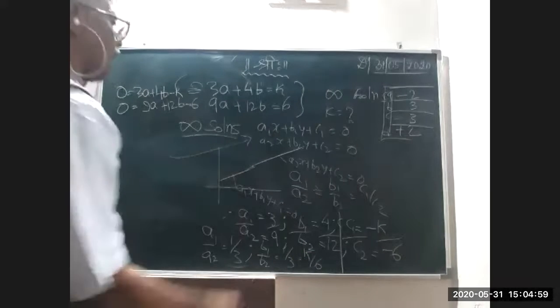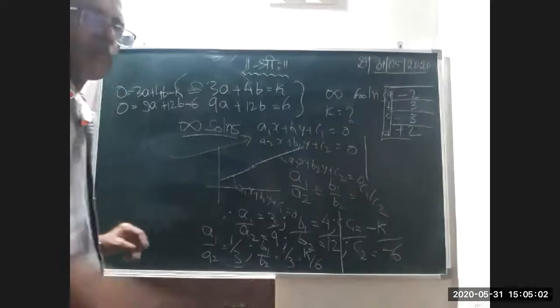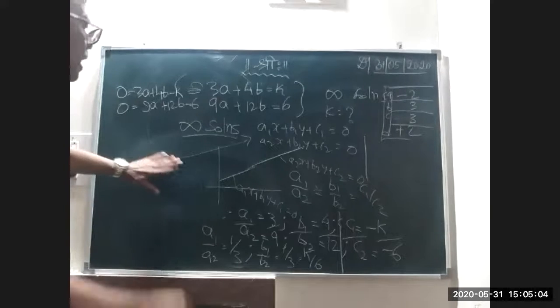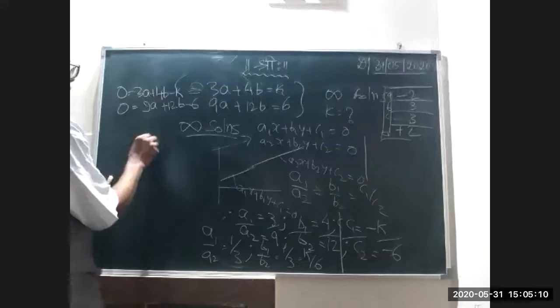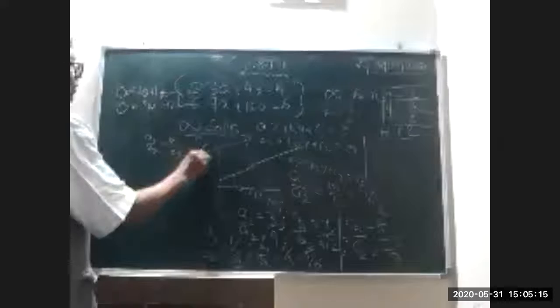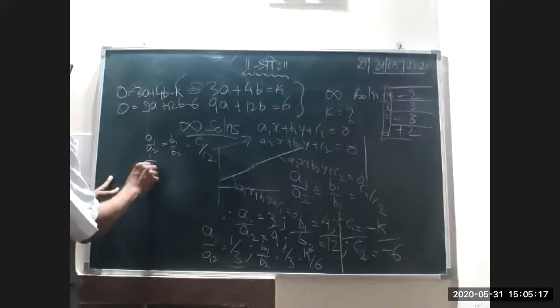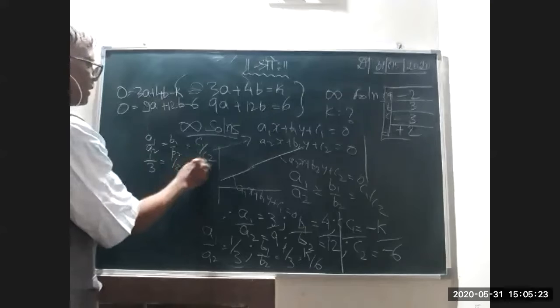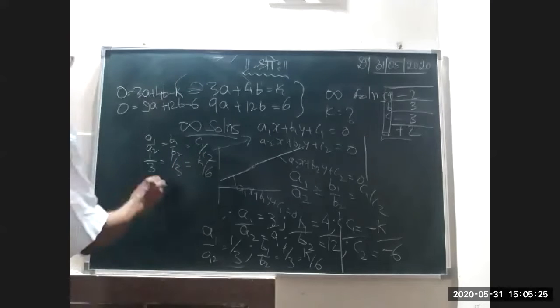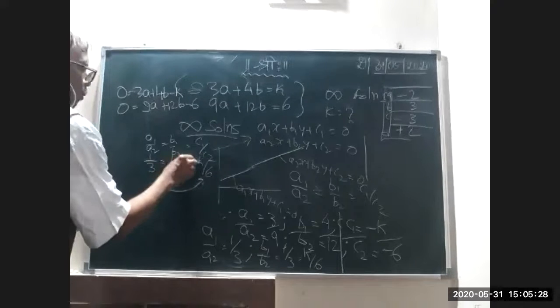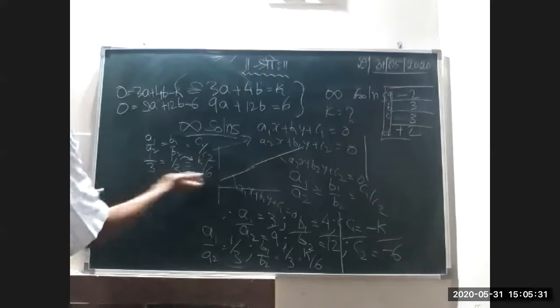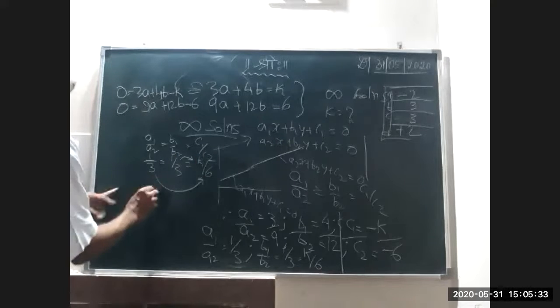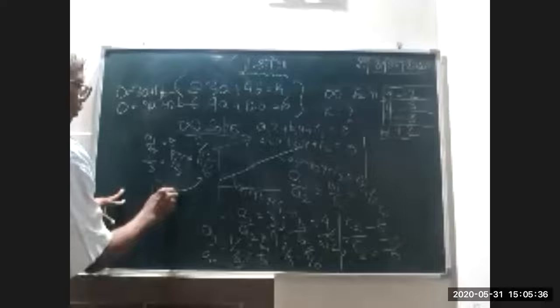But what is the condition we have? I will put the condition here. If the board is visible that side, or if it is visible this side, I'll use this side board. Now what is the condition we had? A1 by A2 is equal to B1 by B2 is equal to C1 by C2. Substitute everything, please. 1 by 3 will be equal to 1 by 3 will be equal to K by 6. Our problem is done. Compare both. Use one of these equations because they both are equal. Use one of them. That means my 1 by 3 will be equal to K by 6.